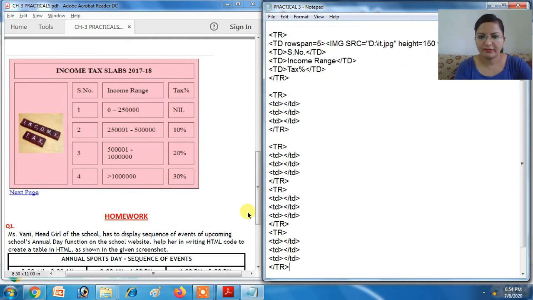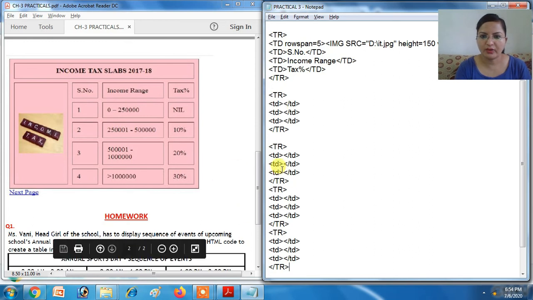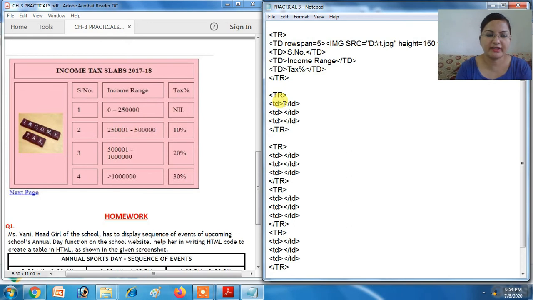Okay, 4 rows we have made, and now fill the data in each.